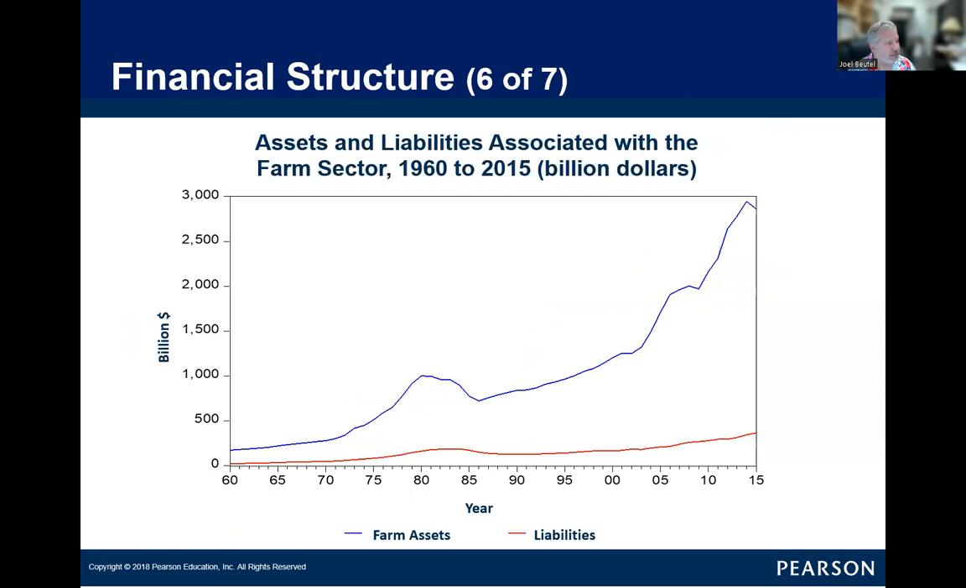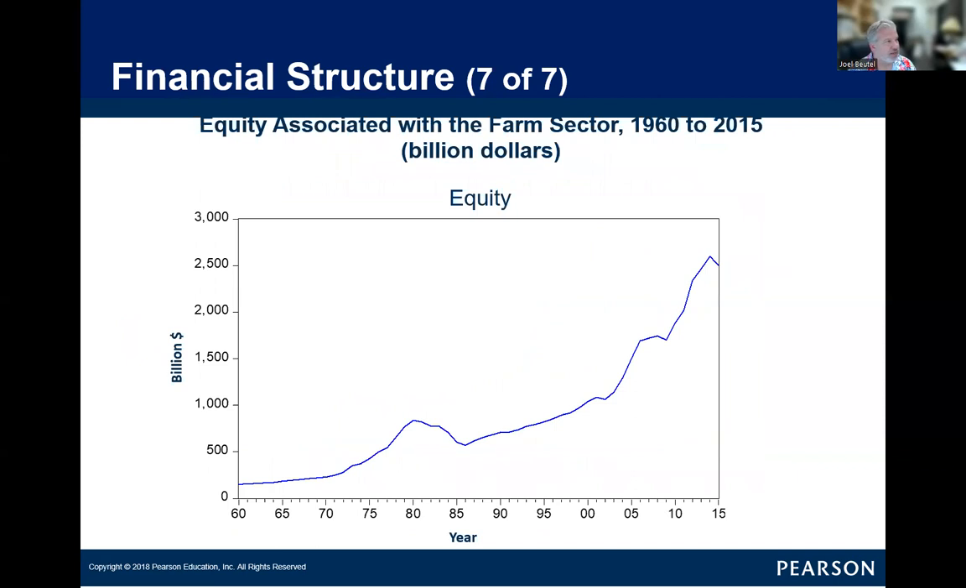More data. So I'll let you guys read that, but that's the assets and liabilities. And you can see assets have climbed faster than liabilities. Most of that, though, remember, is from real estate value. So farms are worth more because the land's worth more. And this is the equity associated. So how much